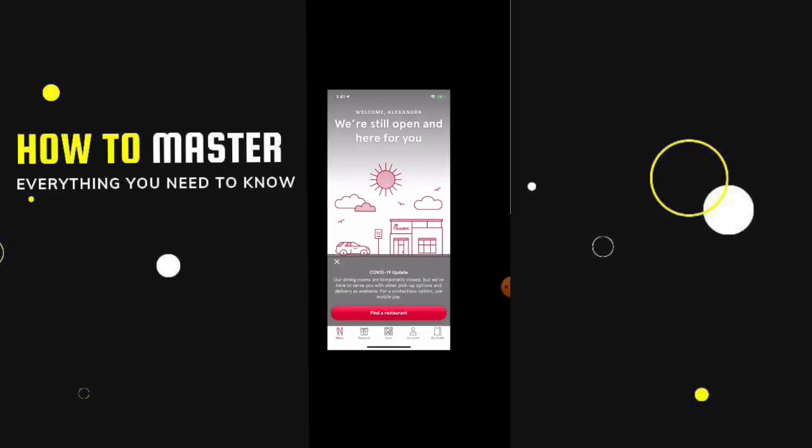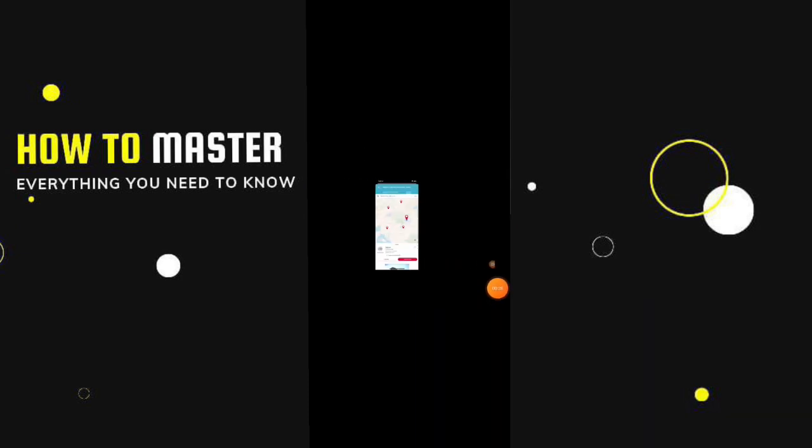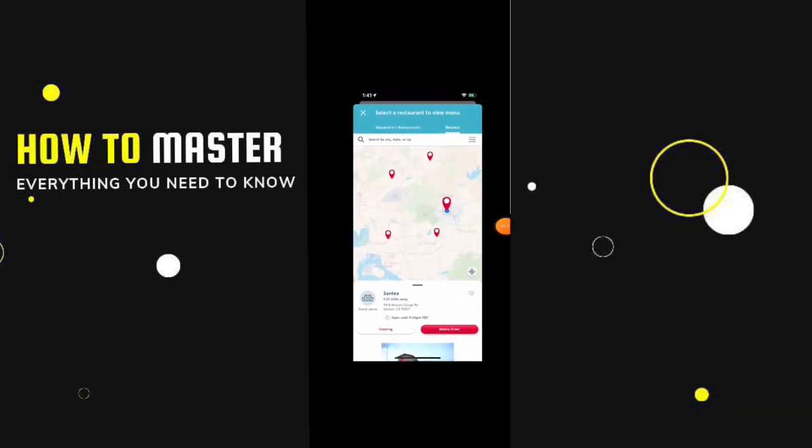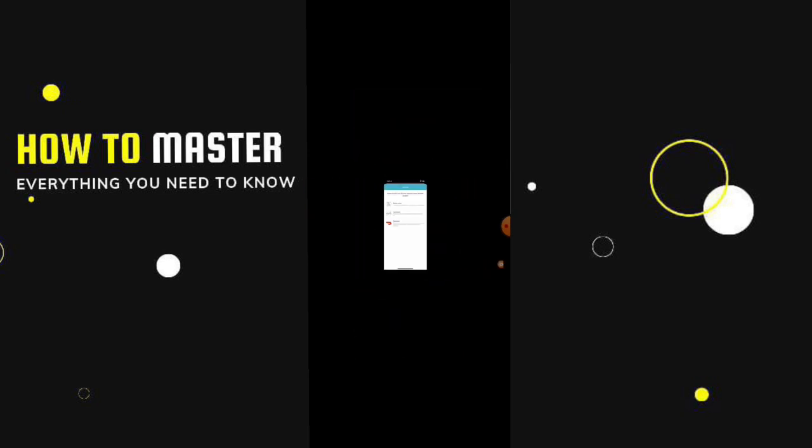Alright, so what you have to do is click on Find Restaurant. Now you have to search for the restaurant you want to order from. Alright, when you select a restaurant, after this